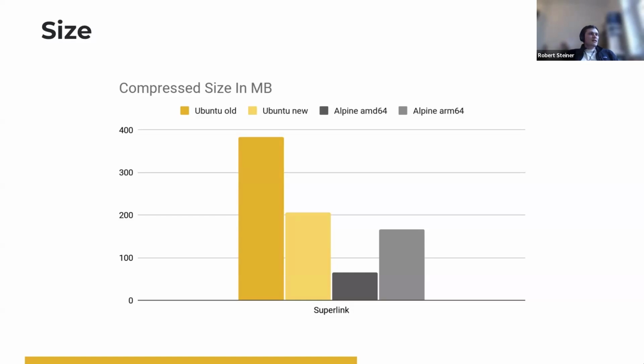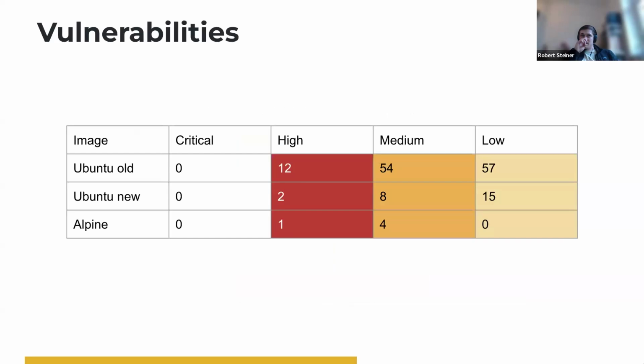On the next slide, we can see the enormous progress in reducing vulnerabilities. On the first row, we can see the old Ubuntu image, which had a lot of vulnerabilities. The main cause was the dependencies that we installed for compiling Python. They are not part of the new images anymore. What you can see here for Ubuntu New and Alpine, the medium and low vulnerabilities, is nothing that we have introduced. They are also part of the Ubuntu and Alpine base image. And if I'm not mistaken, they all are not fixable.